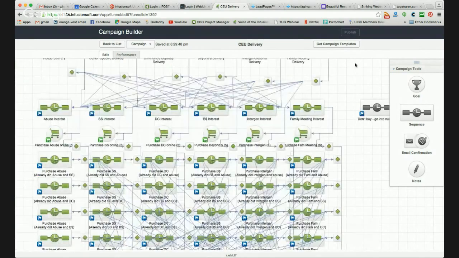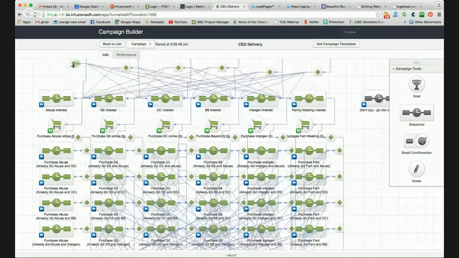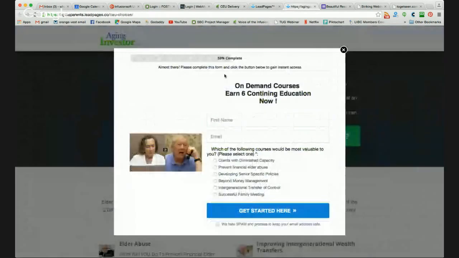There we go. Because of this decision diamond, they get sent another one of these form questions. But instead of having 6 here, it only has the 5 remaining, and they don't see elder abuse anymore because they've already purchased it. Now they have a choice of 5 more.